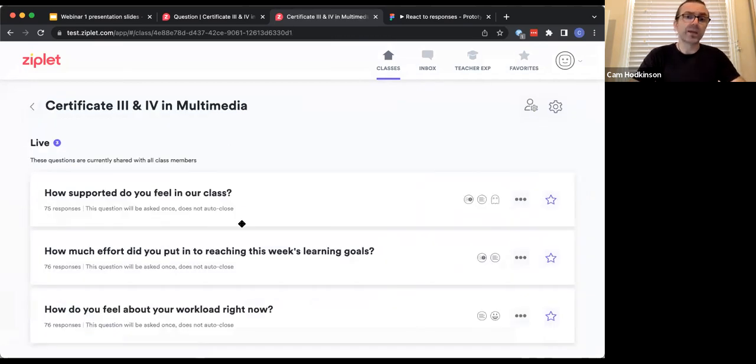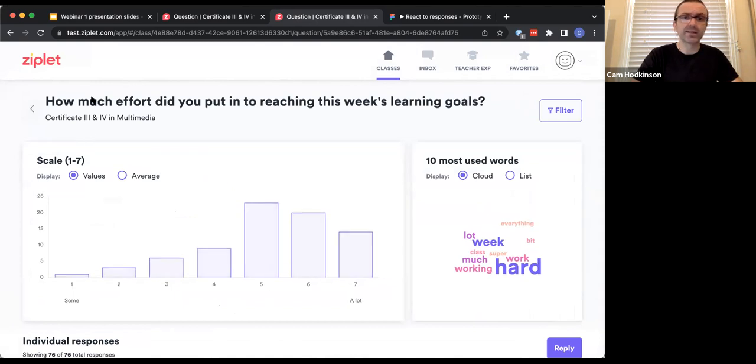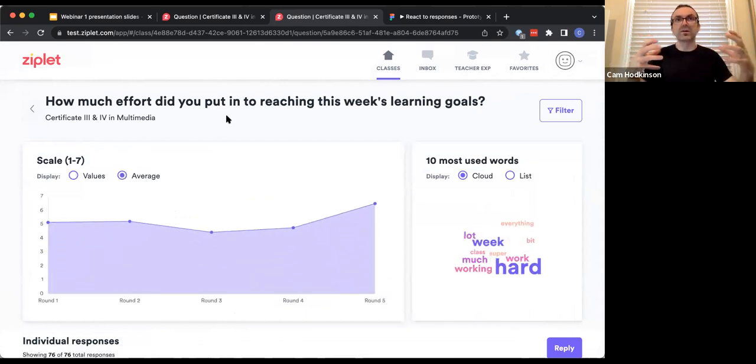If I then also pair that with how much effort are you putting in, this is where things start to get really interesting. And in the wellbeing space, I think, as Nick highlighted, there are so many different factors that all kind of overlap one another and play a really integral part in academic success and student wellbeing, that looking at them in isolation is quite difficult. But when I start to capture them using a scaled question over time with the same time periods, I can start to see some trends.